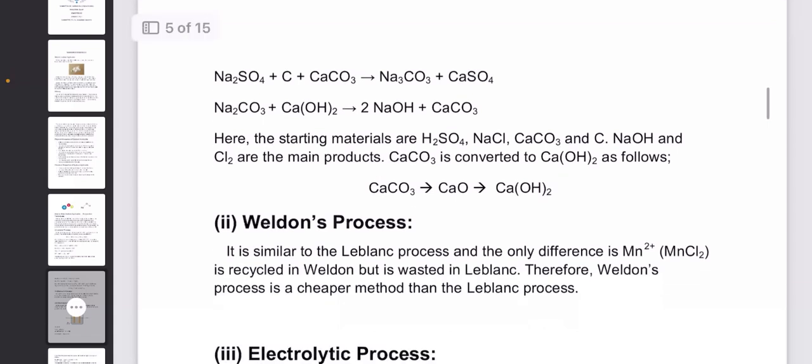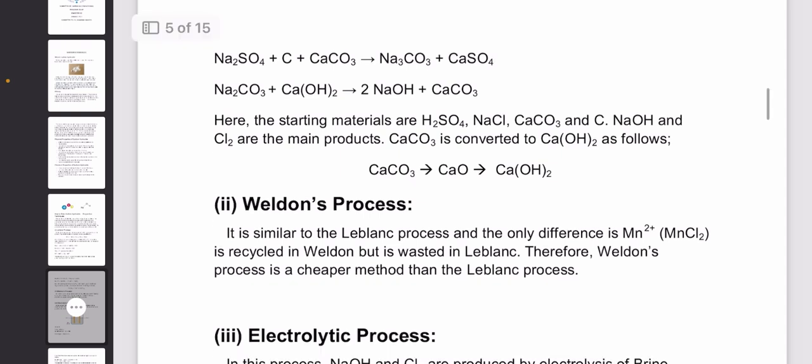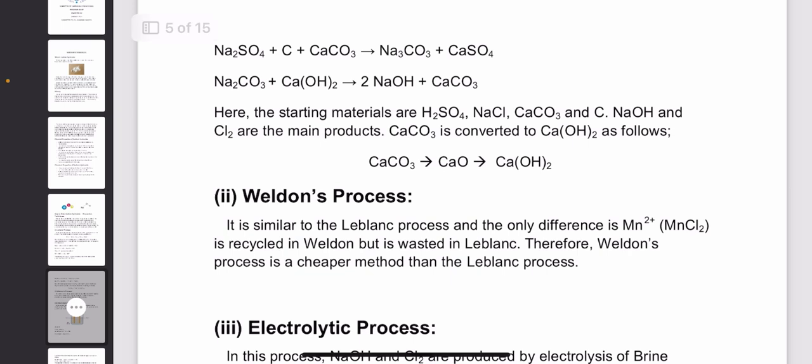All the reactions go as Na2SO4 plus C plus CaSO3 equals Na2CO3 plus CaSO4. Then the reaction goes on and 2NaOH is obtained. Here the starting materials are as shown, and the main product is chlorine, as I told you above, but NaOH is produced